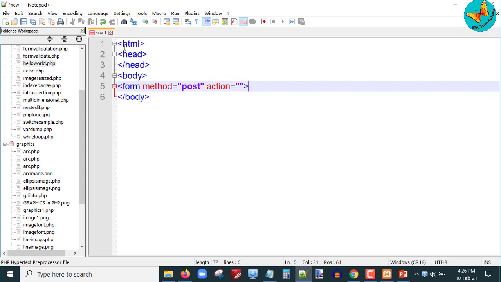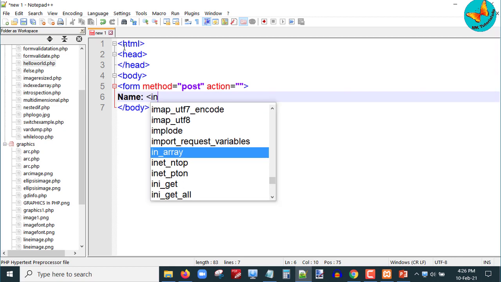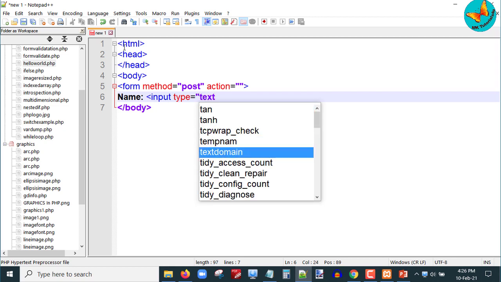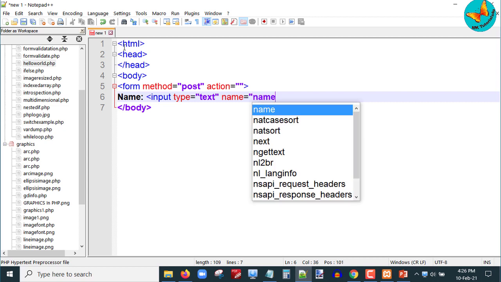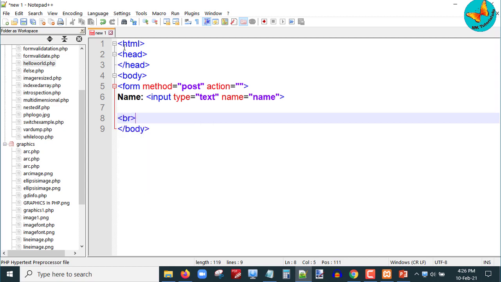So here I will write action equals empty. Now first I will create one simple field named name. So this is just a simple text box. I will write name, input type equals text, name equals name, and then on the next line I include a br tag so that all the fields are on different lines.